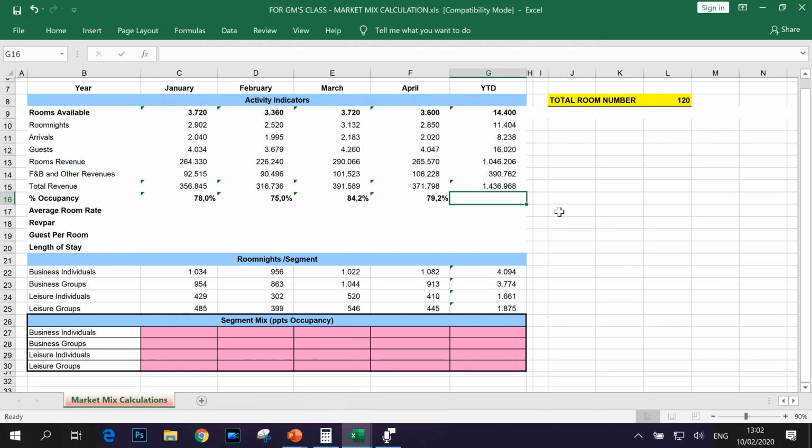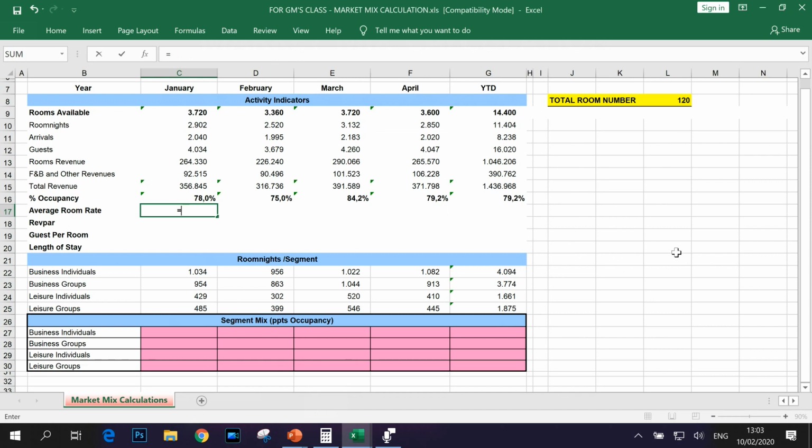For YTD from January until April, our occupancy equals total number of rooms sold, 11,404, divided by rooms available for 4 months, which was 14,400 rooms. So we now have the percentage of room occupancy for each month and also YTD. Let's go for average room rate. I'm sure you know how to calculate average room rate, but just as a recap, the average room rate formula equals